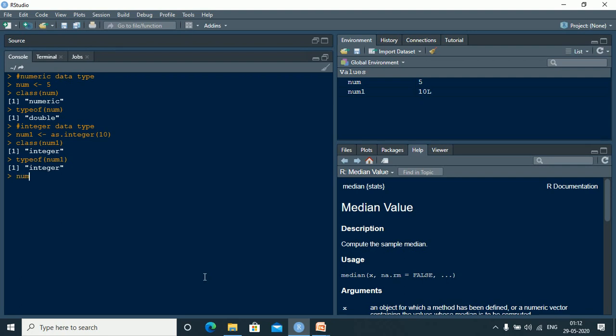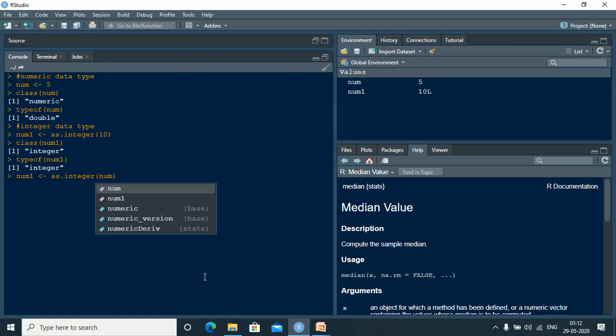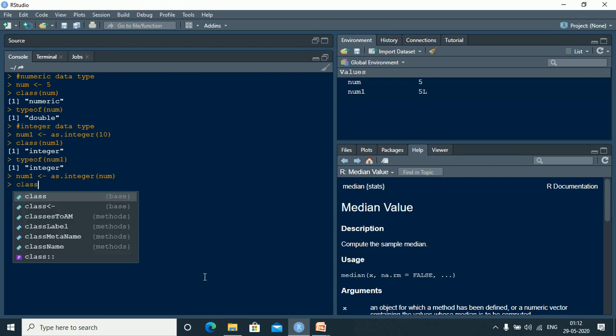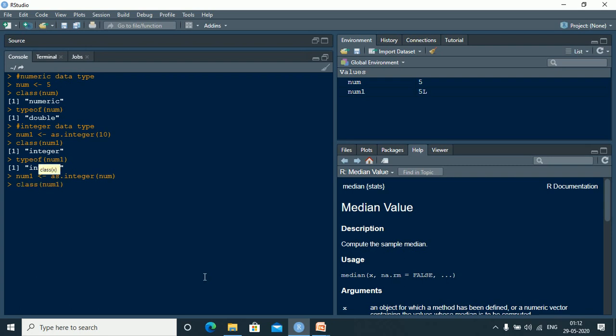So let me say I want num1 <- as.integer, and I use the value num which was created earlier, and I press enter. Now let us see what the class of num1 shows. Now see, it has become an integer.